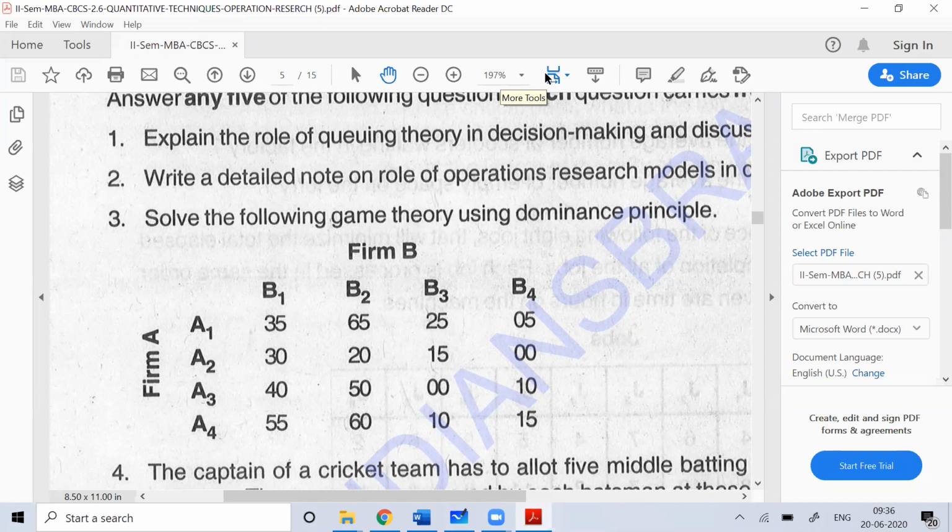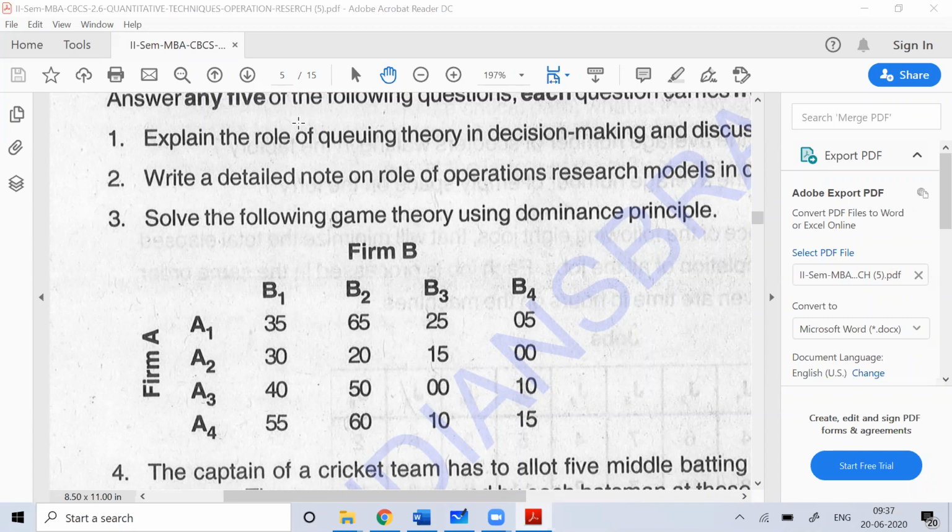So I hope you remember in game theory, when we talk about it, game theory is based on strategy, and strategy can be pure strategy or mixed strategy. When we talk about pure strategy, we can work on it if we can get the saddle point. The saddle point we'll get if the maxima of the row minima becomes equal to the minima of the column maxima. If that works, then the saddle point exists, and if it does not, then the problem is of mixed strategy.